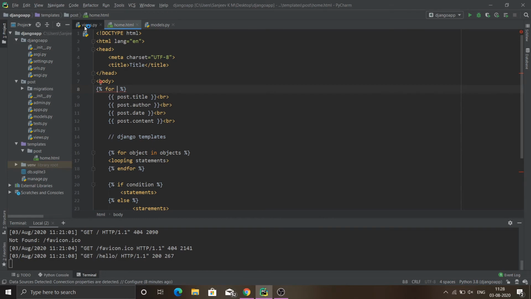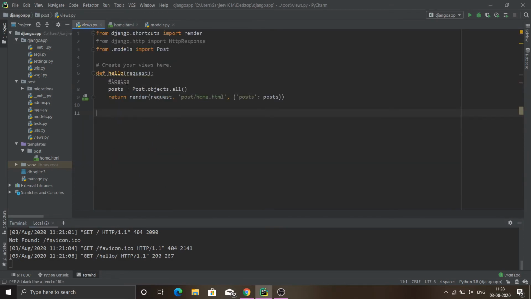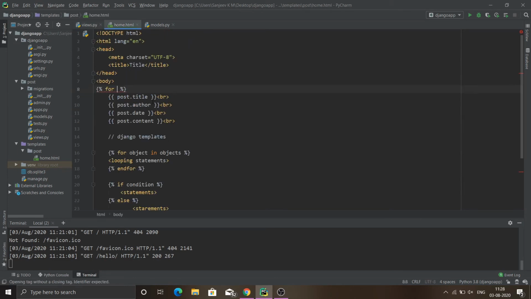And we are returning all our posts in our database in this posts variable. So from our posts variable we need to get every single post in our iteration. So we could write post in posts here.